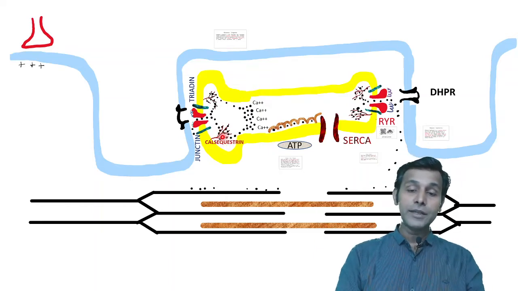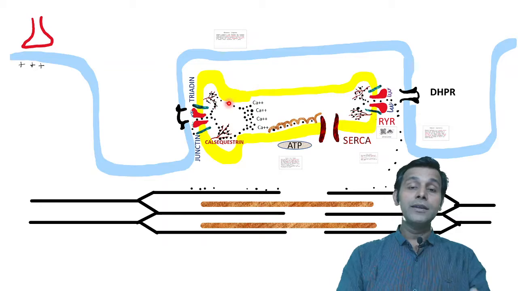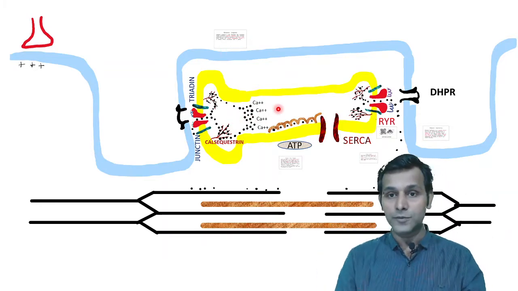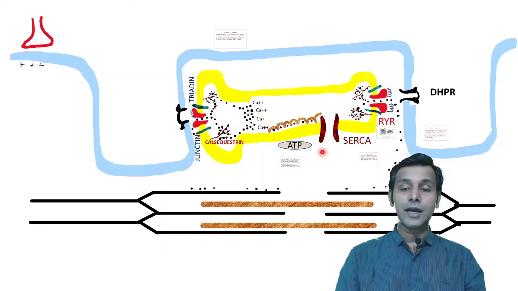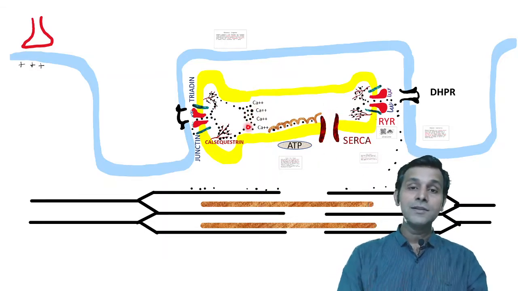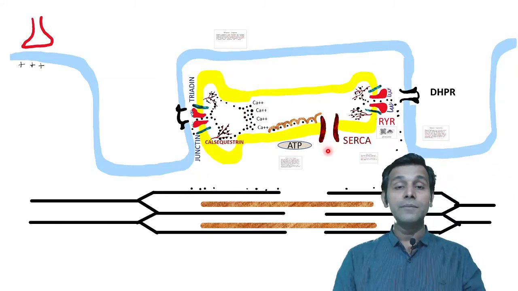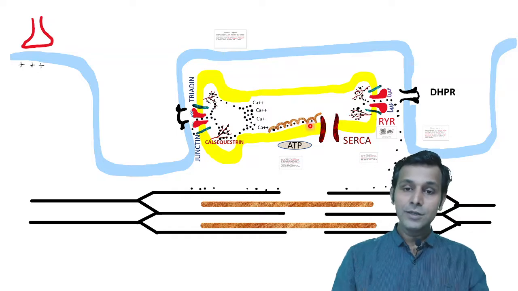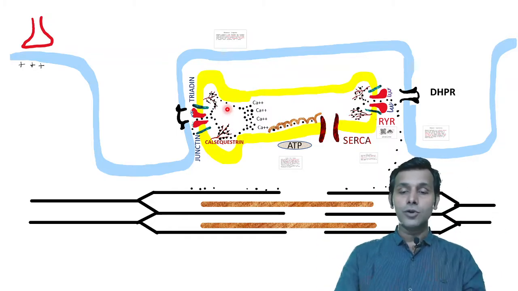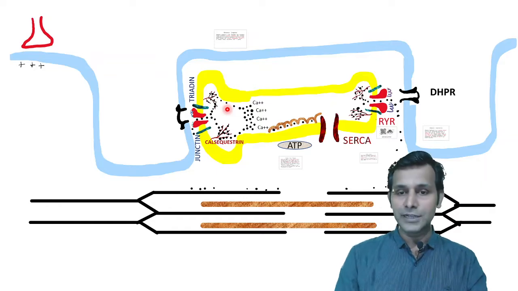In this form, it binds to calcium ions and decreases the load of free calcium ions in the endoplasmic reticulum, thereby helping SERCA to be more effective in its functioning. Remember, free calcium ions will increase the concentration gradient, and it will make it difficult for SERCA to work. So the calcium which binds to calsequestrin decreases the workload of SERCA in terms of free calcium ions.